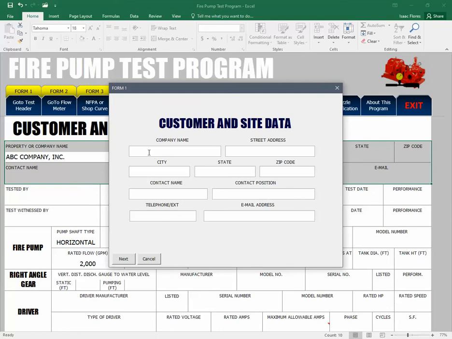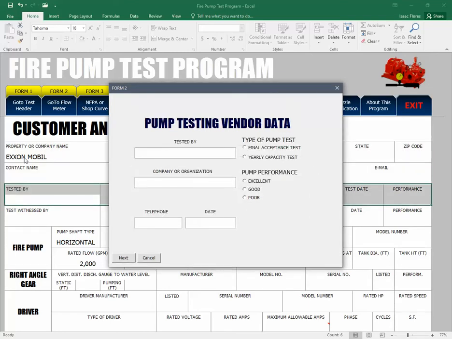Let's say, for example, we have ABC Company as a customer. We could change the customer name. We could put ExxonMobil, and there are three X's in Exxon, only two X's are permitted. ExxonMobil, and click next. The ABC company name was changed to ExxonMobil, and the next form, form 2,